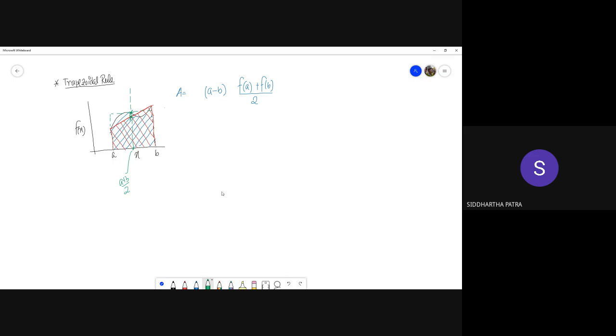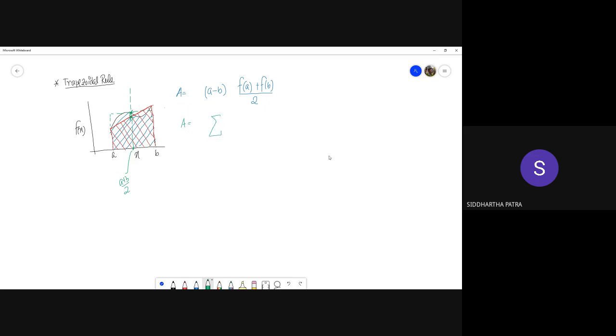If I am supposed to take more segments, as we discussed earlier, if the actual curve is not a straight line in the given segment, the trapezoidal rule is not going to give you an exact solution. The error cannot be reduced to zero, but it can at least be brought within the tolerance, and that can be done by taking more and more segments, more than one segment. Therefore, you can use the following method for summation.